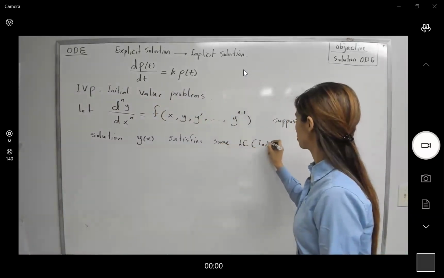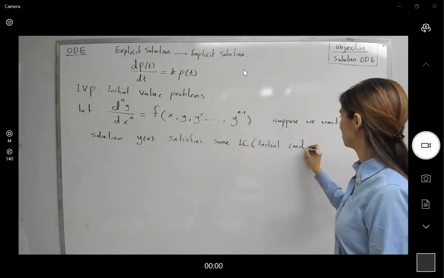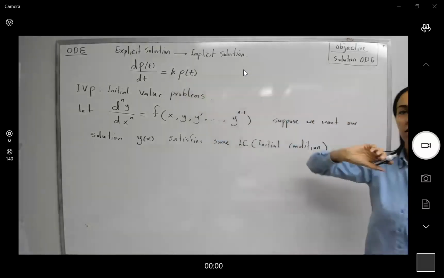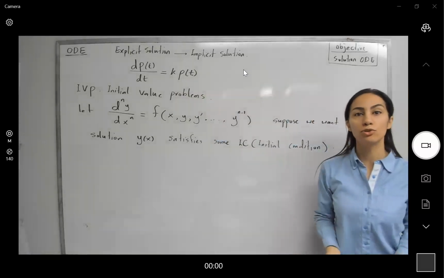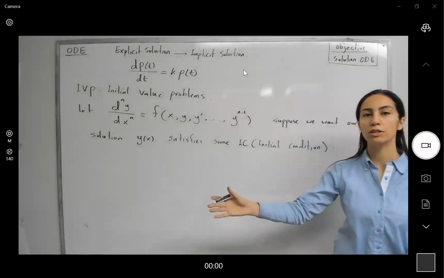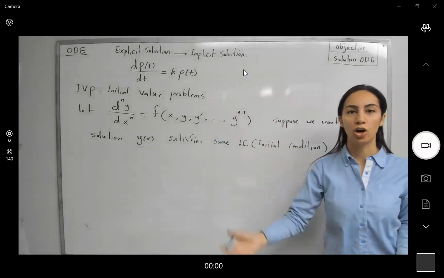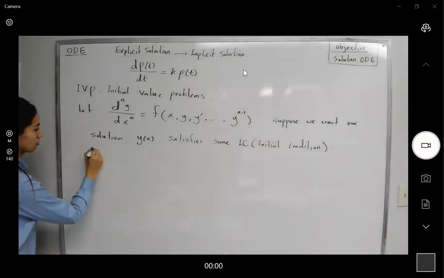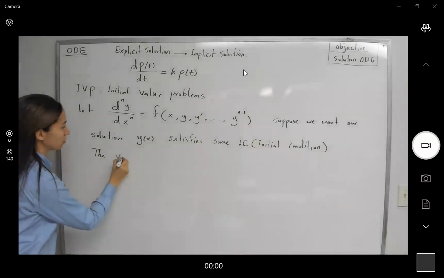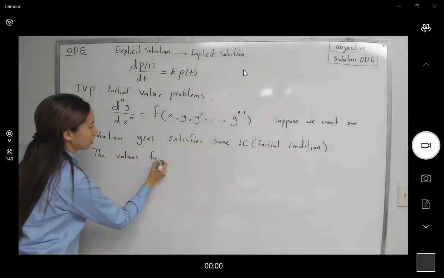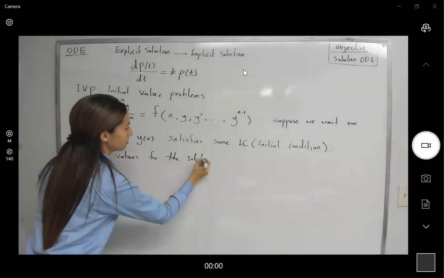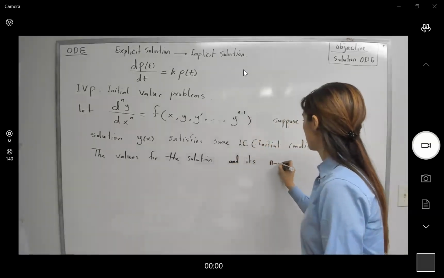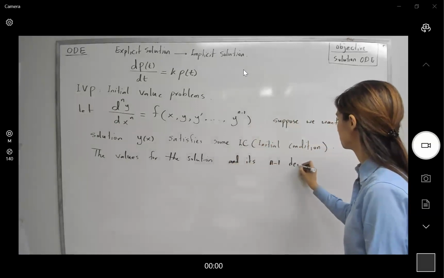IC, or initial condition. For example, in that case, when we find the formula for population, which is a solution for this differential equation, we want the population to have initial values. Well, in this case, the values for the solution and its n minus 1 derivatives,